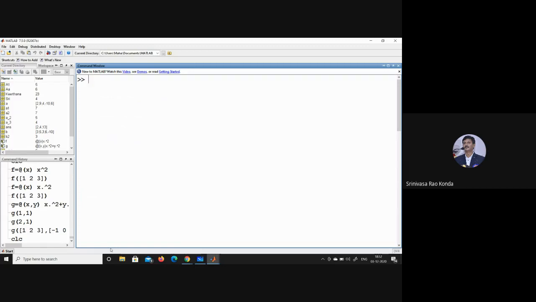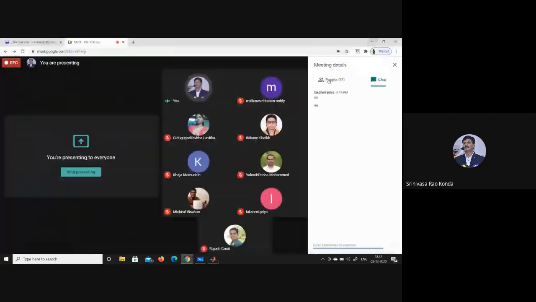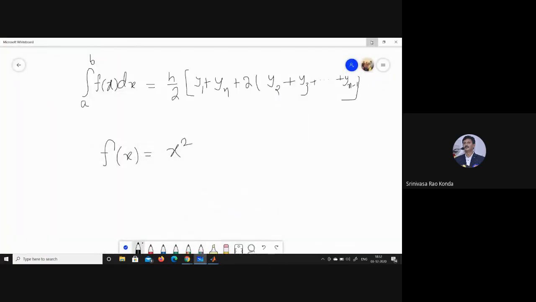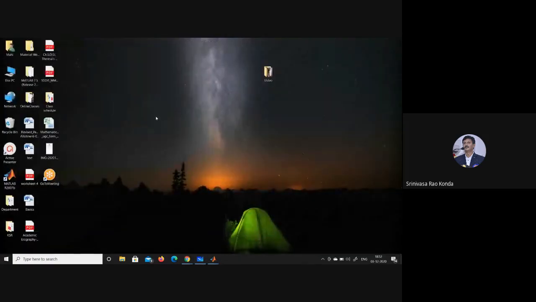So everyone knows the trapezoidal rule. Am I correct or not? So I want to find out the integral value. These are the small functions, small programs I am going to execute. Then I will take a little bit advanced problems. So for example,